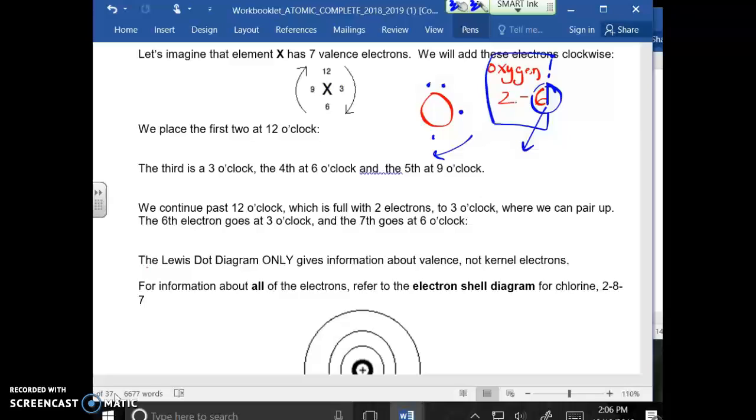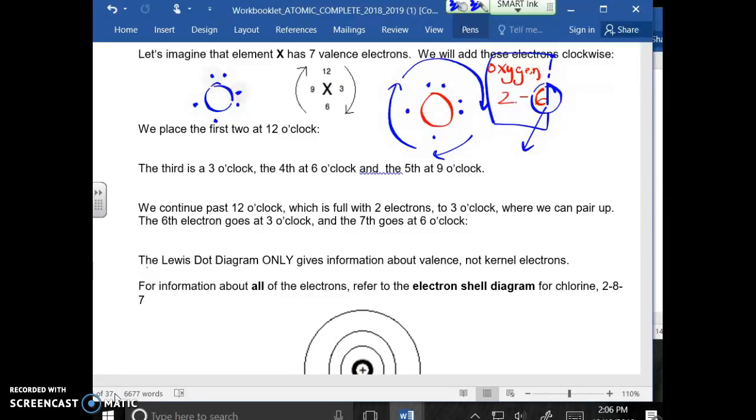To 6 o'clock, I place my fourth dot. Keep going clockwise, 9 o'clock. My fifth dot. There's no place to put it at 12. I go back to 3, and I put my 6th dot. So my Lewis dot diagram for oxygen is this, this, and this. This has a significance, the fact that these are loner dots, and those are paired up, but we won't talk